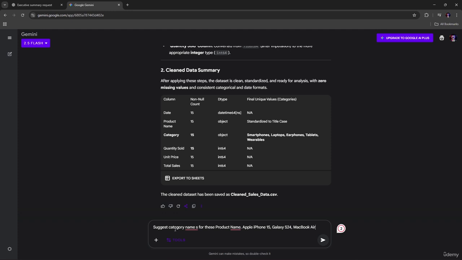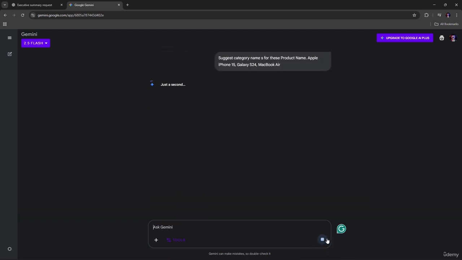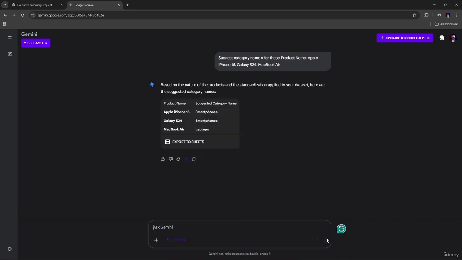Okay, and also you can use it over here. So let's submit it, and Gemini might respond with smartphones over here, and this is the smartphones, or like the laptops in there,